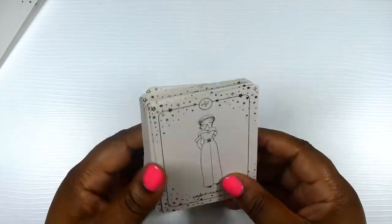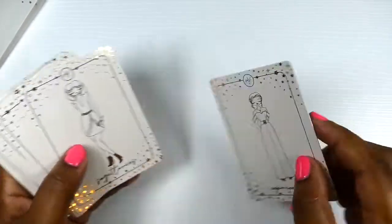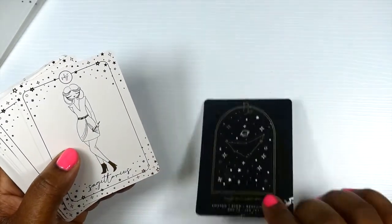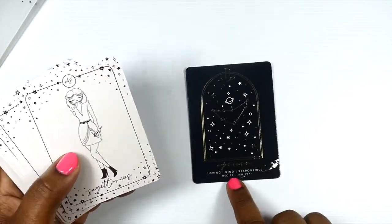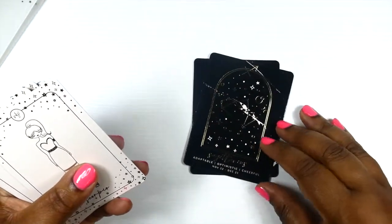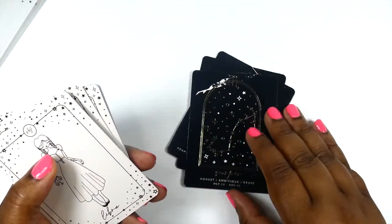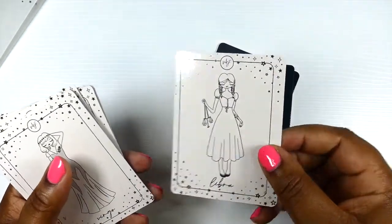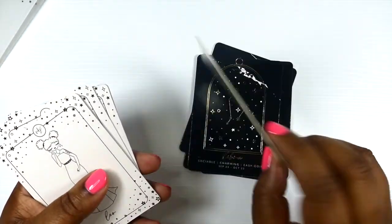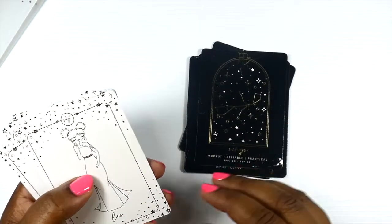So these are the cards. There are quite a few. This one says Capricorn, loving, kind, responsible. Are they marble? Okay, they're marble. I thought mine was tore up. And then this is Sagittarius, adaptable, optimistic, cheerful; Scorpio, honest, ambitious, brave; Libra, sociable, charming, easygoing; Virgo, modest, reliable, practical;